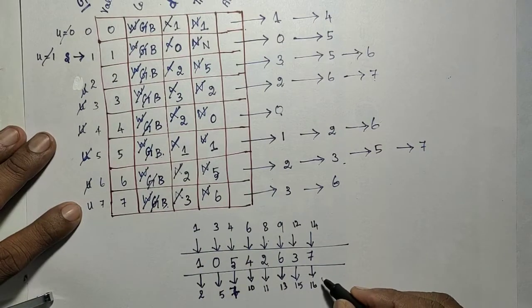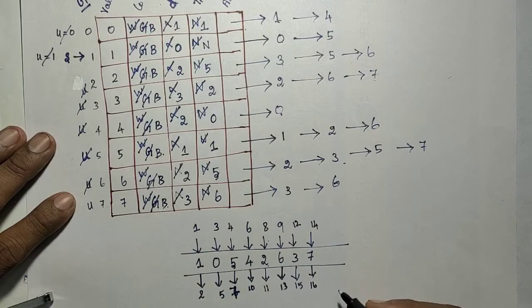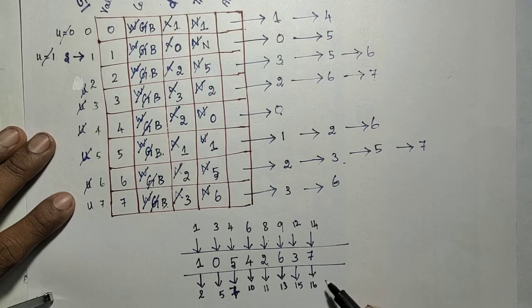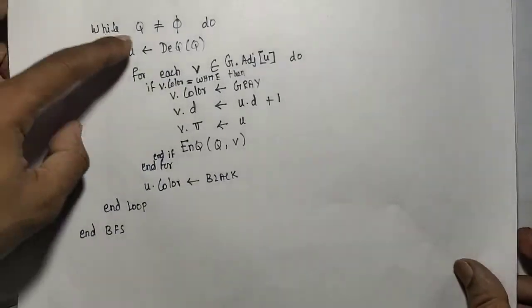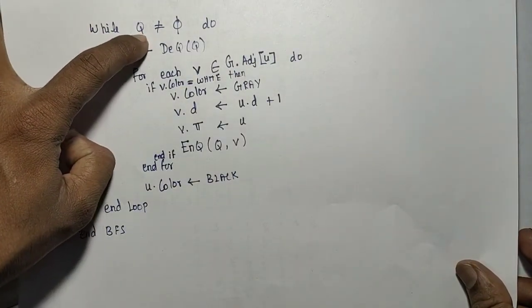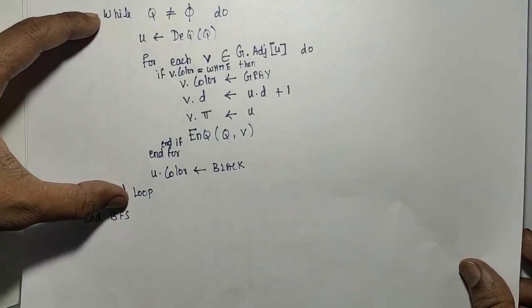Next iteration, DQ operation, only if the queue is not empty. But here, all inserted elements are deleted from the queue. Now the queue is empty. Okay. So the 17th step is the iteration condition becomes false. Here itself it will be false. So it will get terminated. The loop gets terminated.